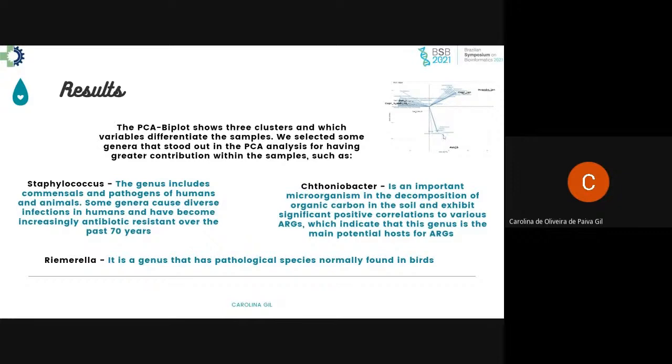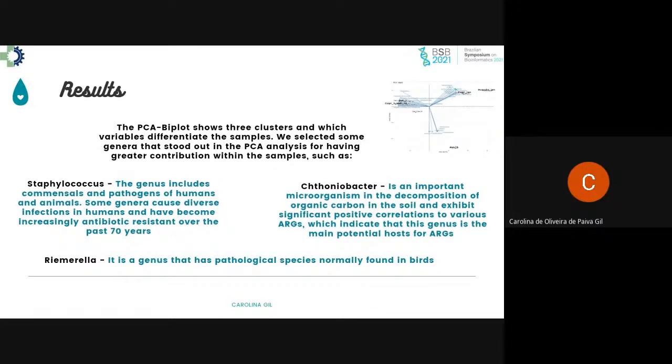Some species cause diverse infections in humans and have become increasingly antibiotic resistant over the past years. Catenibacterium is here, an important microorganism in the decomposition of organic carbon in the soil, and exhibits significant positive correlations to various ARGs, which indicates that this genus is the main potential host for ARGs. And here,